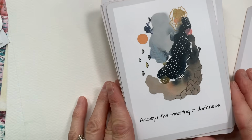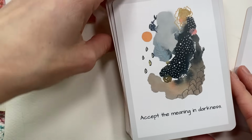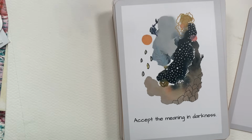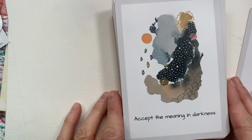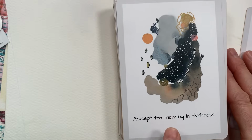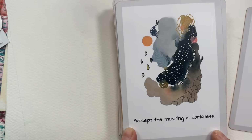And I was talking about nighttime and how I find getting into bed at night and darkness really uneasy for me, and it always has been. I have a lot of dark thinking at night, and it's hard to turn off my brain. I've really worked hard to, again, try and channel those more positive thoughts and relaxing thoughts before bed, and accepting the meaning in darkness, and knowing that